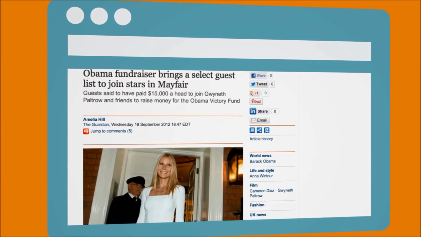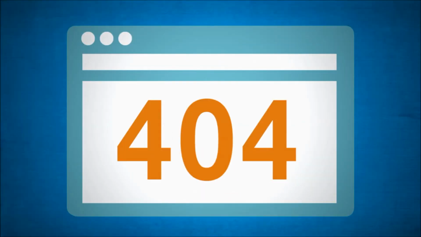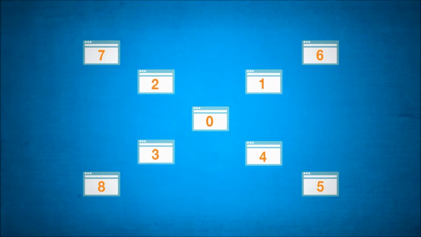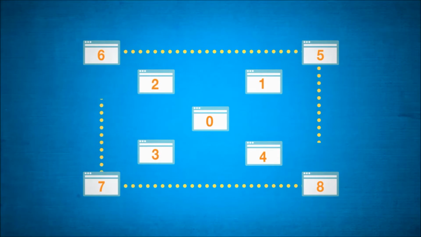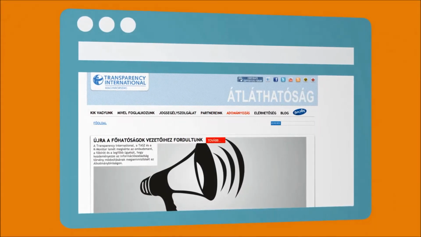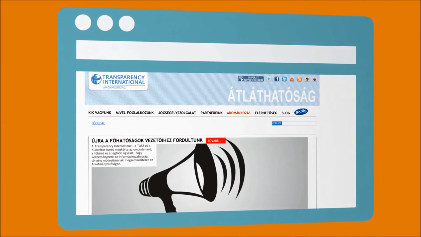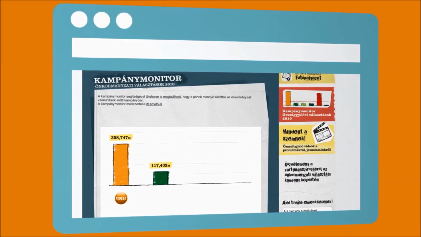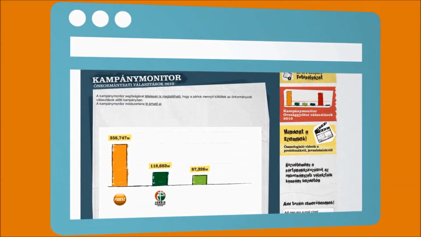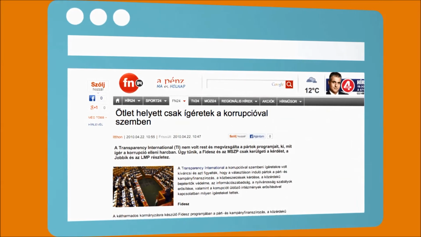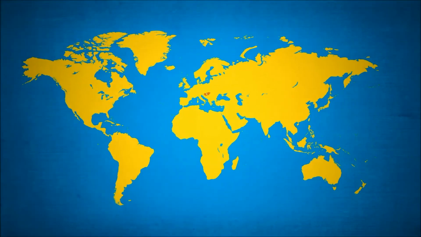interests and lobbyists. But often, political finance information is not available, so creative projects have sprung up to crowdsource information or connect the dots by using other available datasets. In Hungary, the local chapter of Transparency International organized a crowdsourcing campaign to monitor election spending. They compared the data to official reports and were able to show that parties had exceeded the legal spending limit and that these limits are hypocritical and unrealistic.